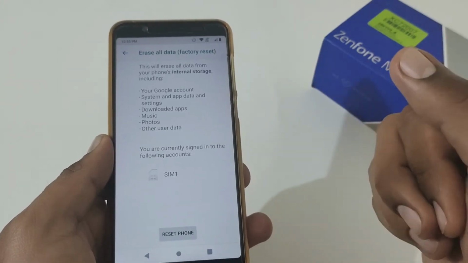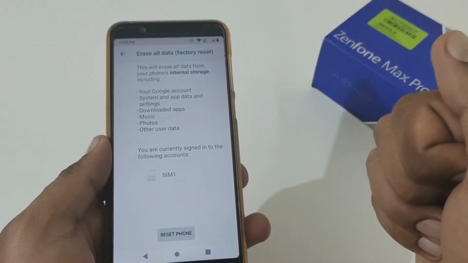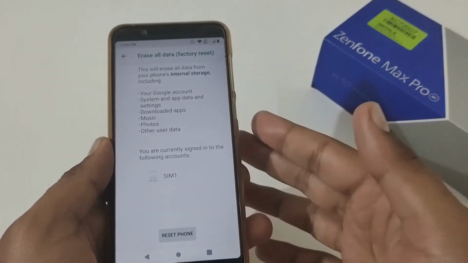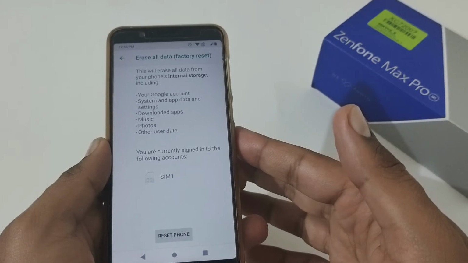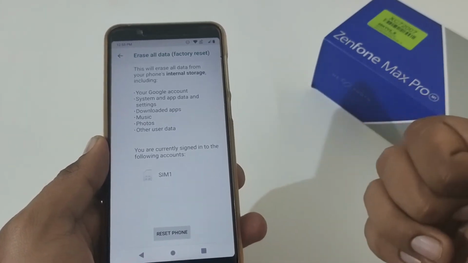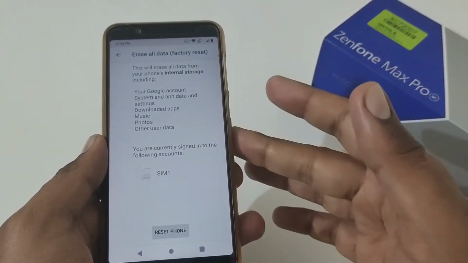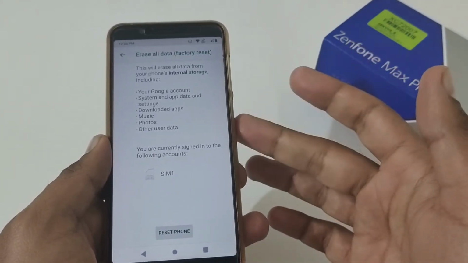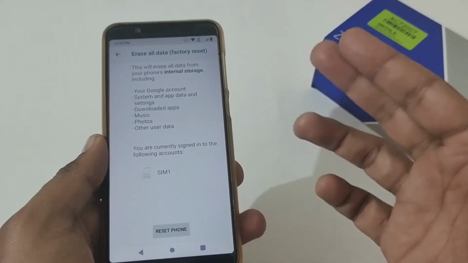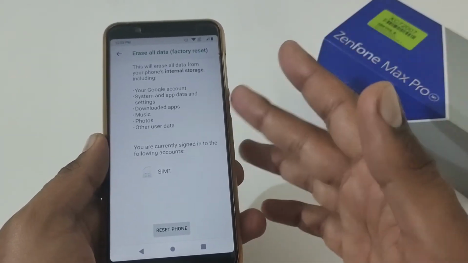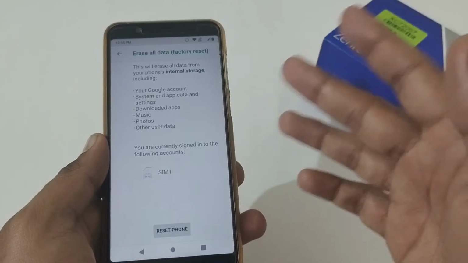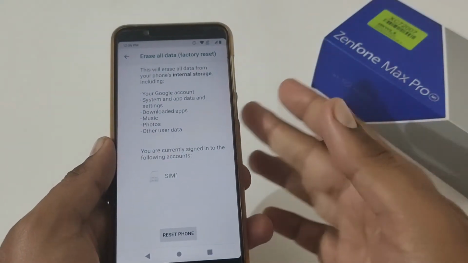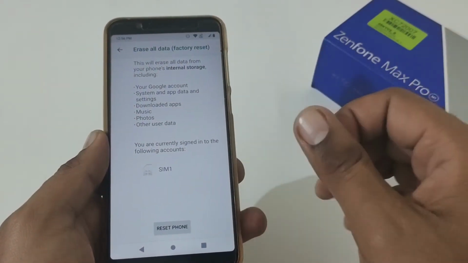Before we proceed with this process, I need to mention one vital precautionary note. You should back up your data before performing this because everything in your internal storage will be wiped, deleted or cleared, whatever you say, and afterward it is not recoverable and you won't be able to get that data back. So you should back it up either in external storage like an SD card, or maybe a PC or laptop, so that after performing this factory reset process you can restore it back.